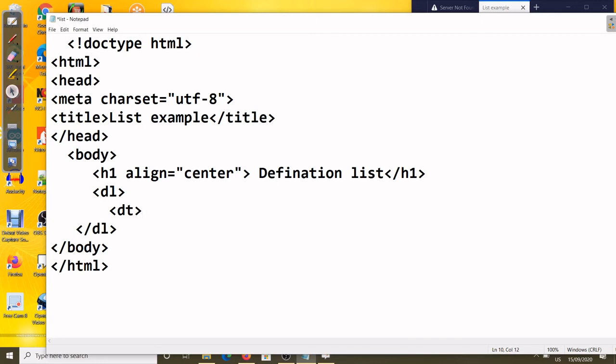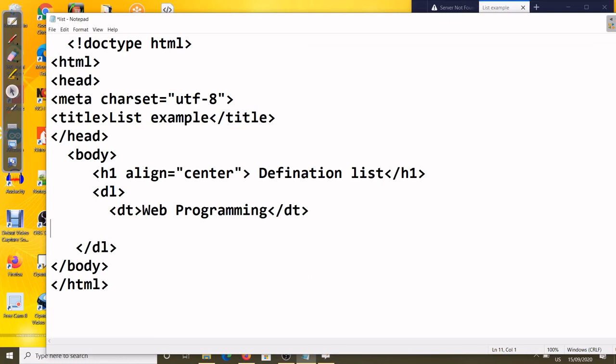Inside the DT any term you can write. I am writing here web programming, then close the DT. Then the DD, that is called the definition, DD.